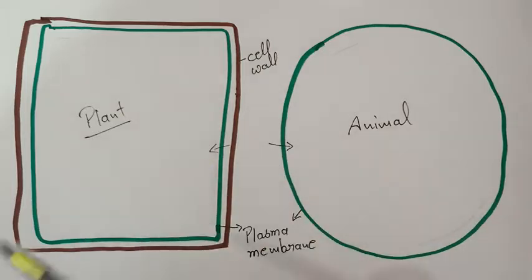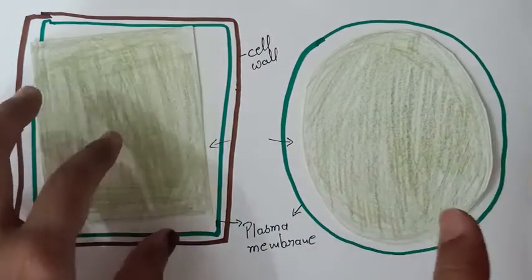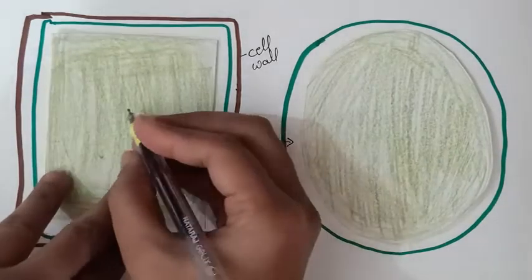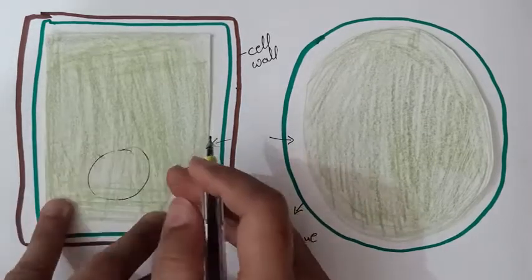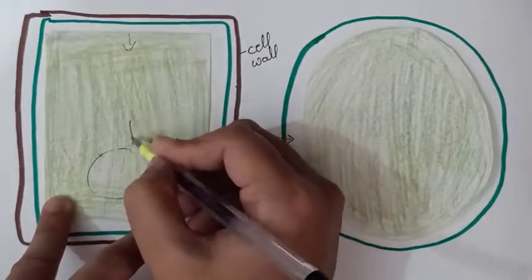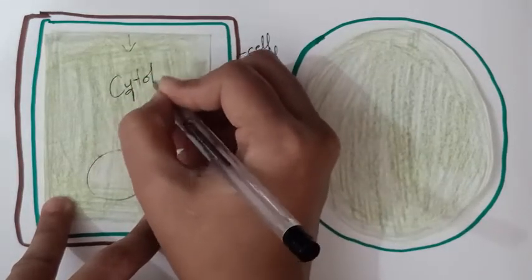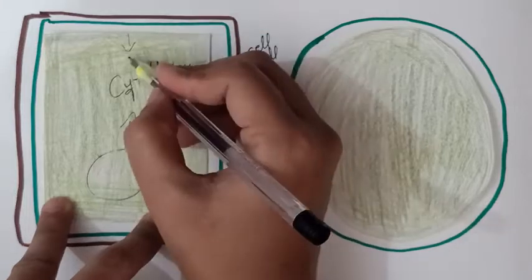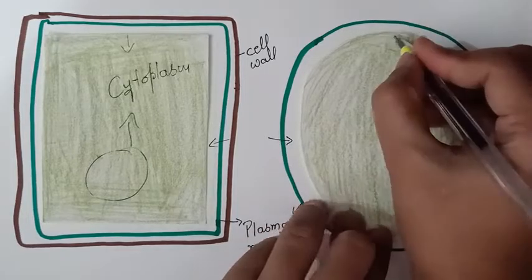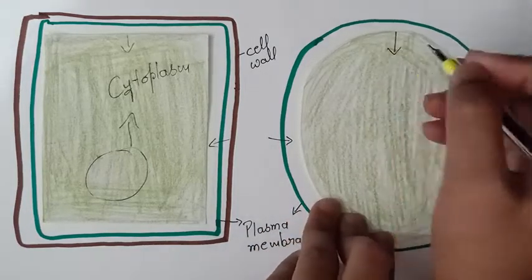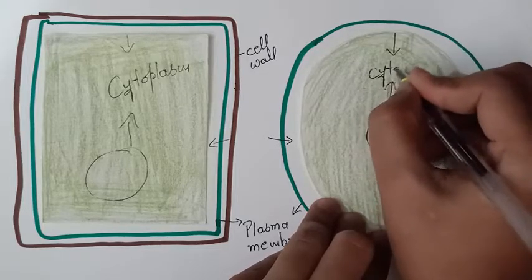Now next to this is cytoplasm. So student, this is cytoplasm. Actually this whole thing is protoplasm, and here a nucleus is present. So this whole thing outside the nuclear membrane and inside the cell membrane is cytoplasm. The part of protoplasm inside the plasma membrane and outside the nuclear membrane is known as cytoplasm.